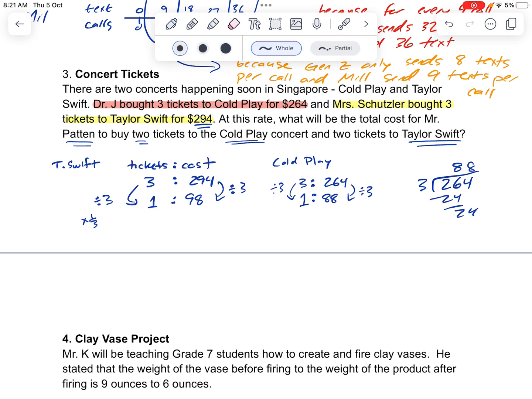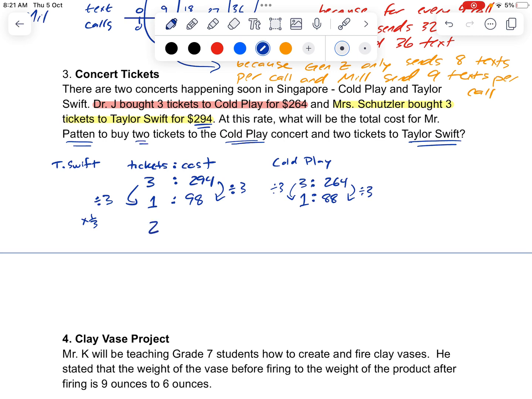And I'm going to erase this because I want to make sure I have enough room. Now we've got to figure out the cost for Mr. Patton. Mr. Patton's buying 2 of each. I'm going to still use how I've set these ratios up, and I'm just going to ask how much 2 tickets are going to cost now. So I need to double it: times 2, times 2. Mr. Patton is going to spend on his 2 Taylor Swift tickets $196, and on his Coldplay tickets, I take 88 times 2, and it's